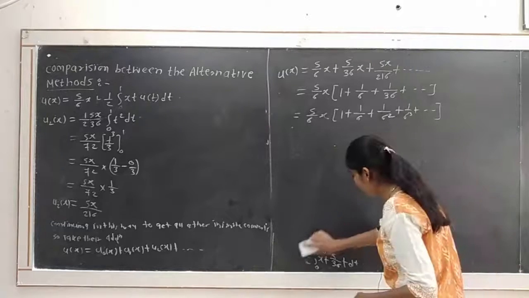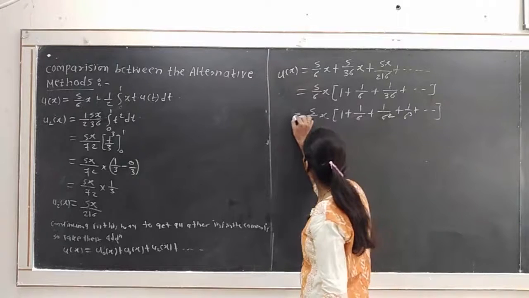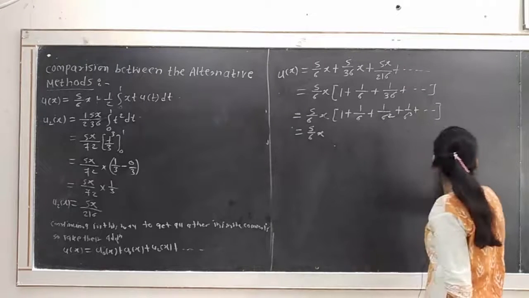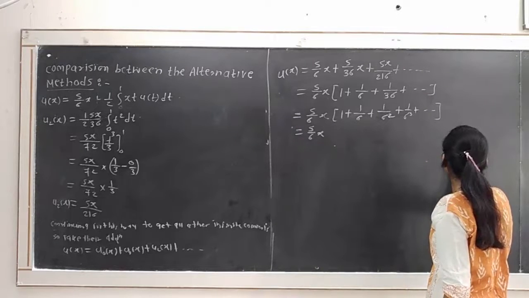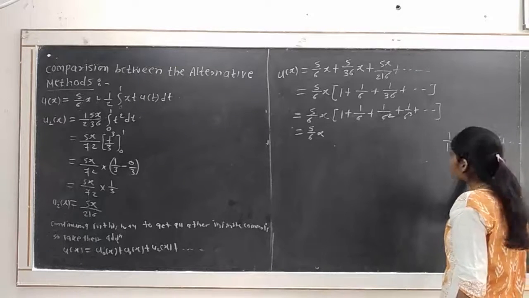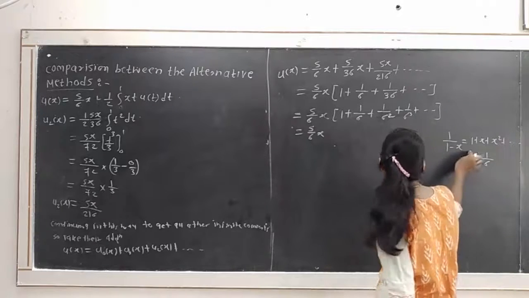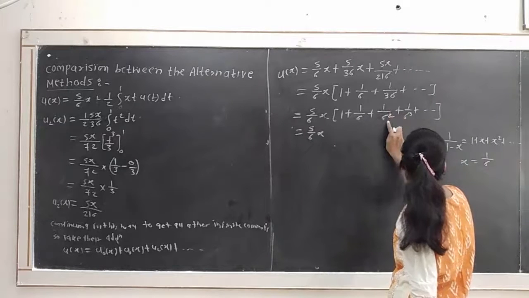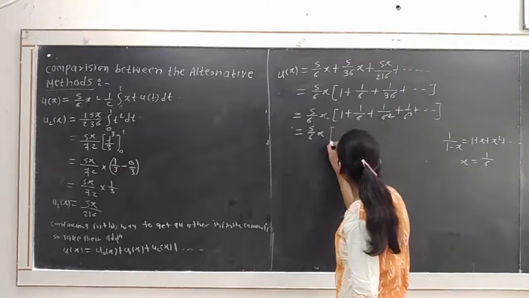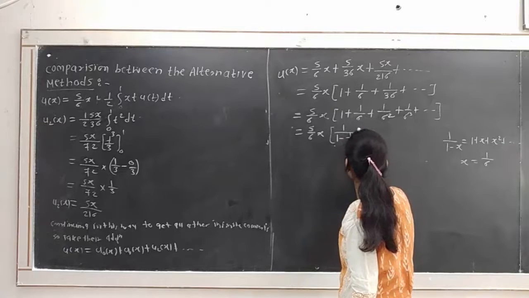Okay, so we have to write the function of this series, not the expansion. So 5 divided by 6 into x, and we use here the expansion of 1 divided by 1 minus x, which is 1 plus x plus x square plus up to so on. Here x is 1 by 6 because this series is of the form 1 plus 1 by 6 plus 1 by 6 square plus 1 by 6 cube plus up to so on. So by using that we get 1 divided by 1 minus 1 by 6.